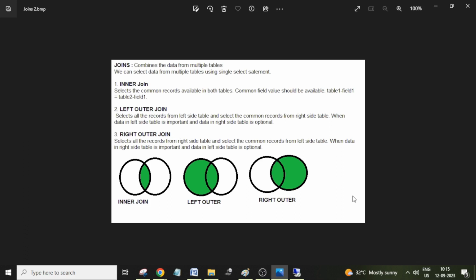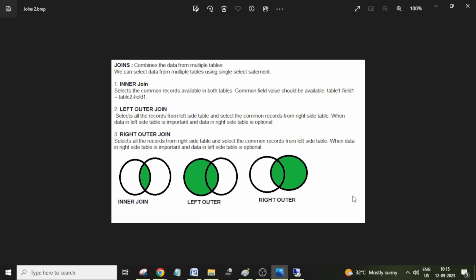10 times. That's what happens when you are using for all entries to select the data from multiple tables. Every time it has to interact with the database, so it will take some time to connect with the database and get the data. But if you write only a single select statement to select the data from multiple tables, then